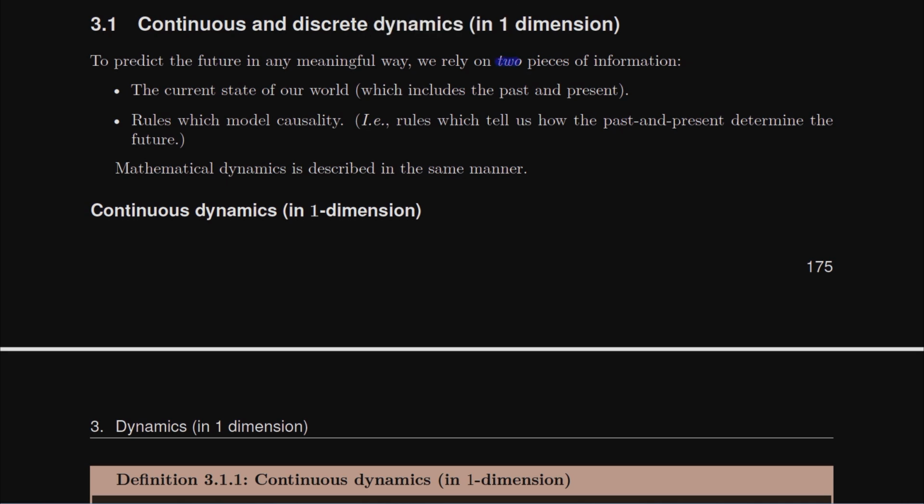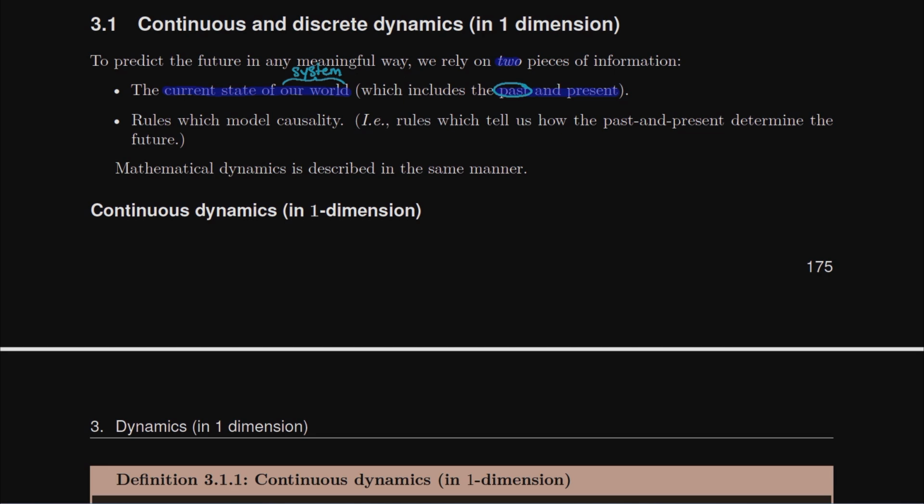The first piece of information is the current state of our world, or the current state of what a lot of times mathematicians and physicists will call a system. So some current state of something that we're measuring. We've decided that we want to measure the height of a hot air balloon. We need to know where it starts. Did this hot air balloon start on the ground? On top of a building? On top of a hill? In a valley? In a river? On top of a tree? Etc. We need to know where it started. And in fact, knowing where it started does include the past as well. So let's not forget that the past is important,